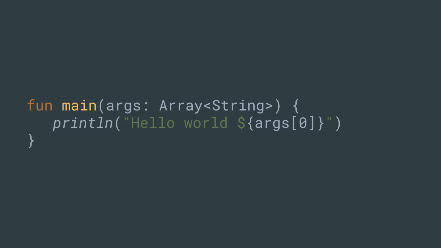Unlike Java, Kotlin has top-level functions that don't need to be declared inside of a class, although they clearly document how that is actually achieved, so that even if you want to invoke this function from Java, which always requires you to invoke something in the context of a class, their documentation clearly says how you can do it, even for this top-level function. If you look at it, well, it's not that different. Instead of public static void main, it's a fun function. There's a lot of languages that do the same thing. The arguments are the other way around, and that's pretty much it.